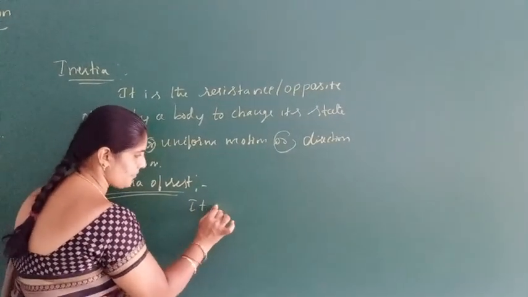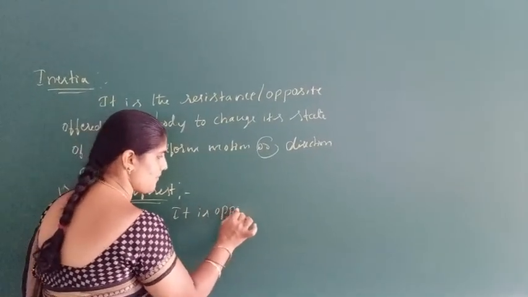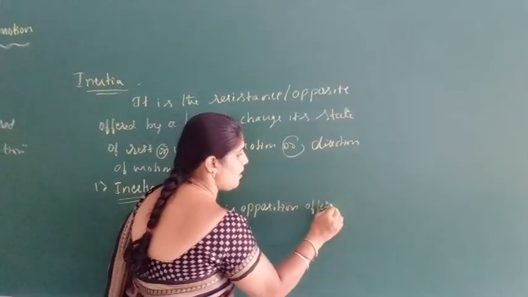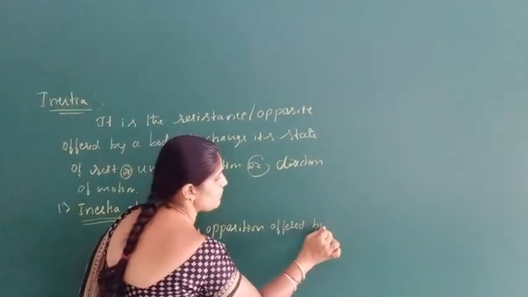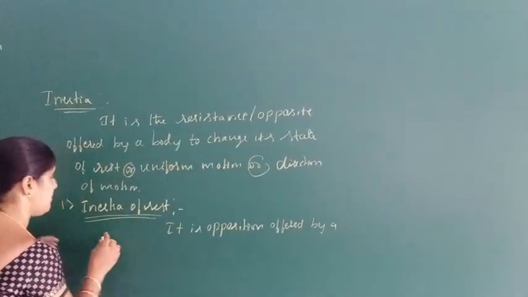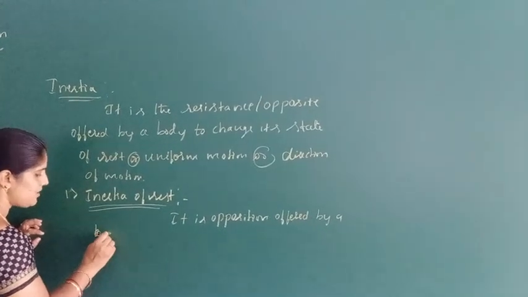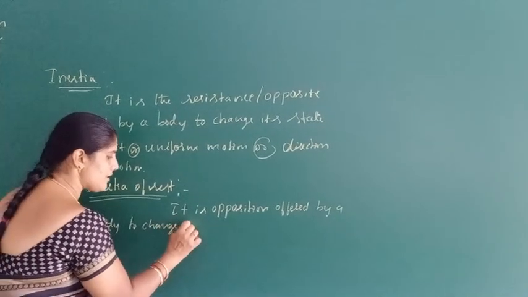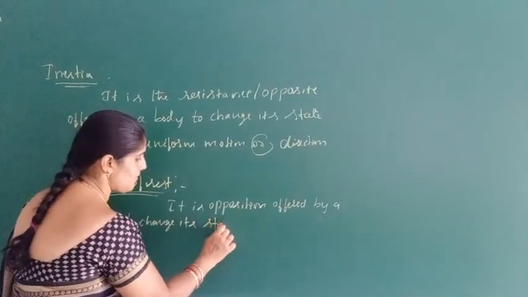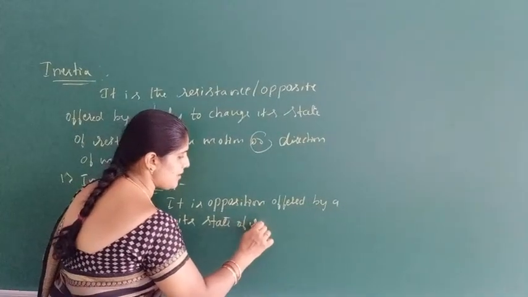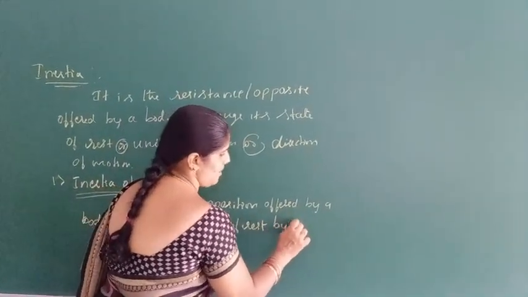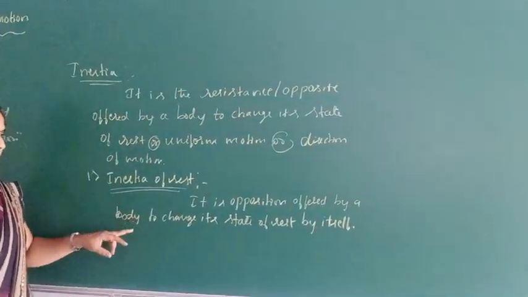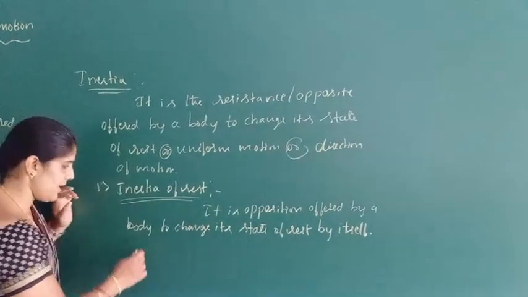What is inertia of rest? It is the resistance or opposition offered by a body to change its state of rest by itself. For example,